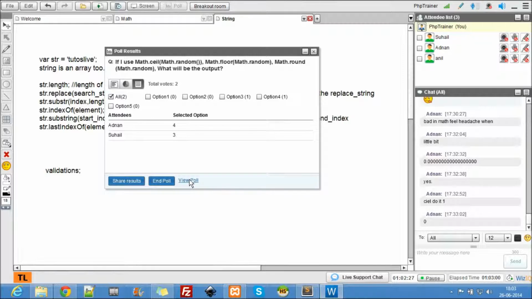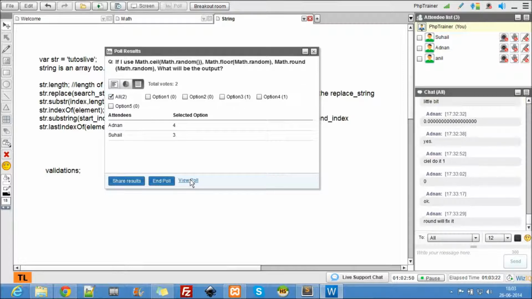But coming to the round, we can't really predict the round, because if it is less than 0.5, it gives 0.